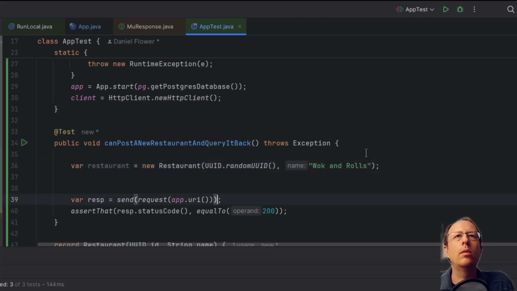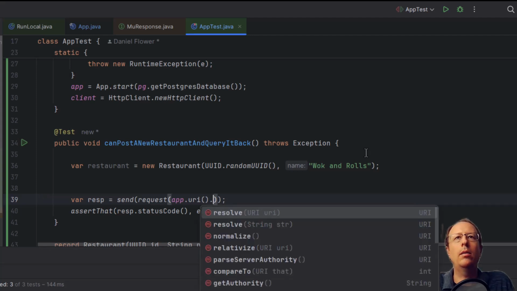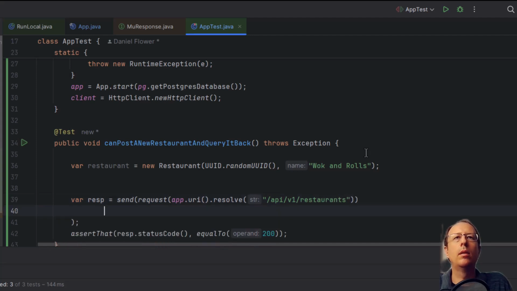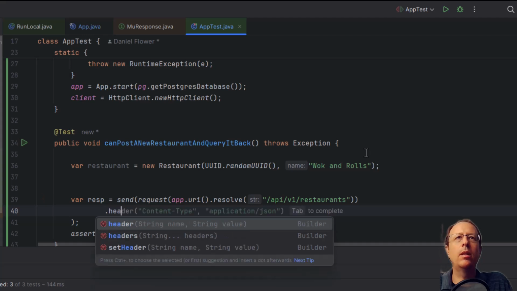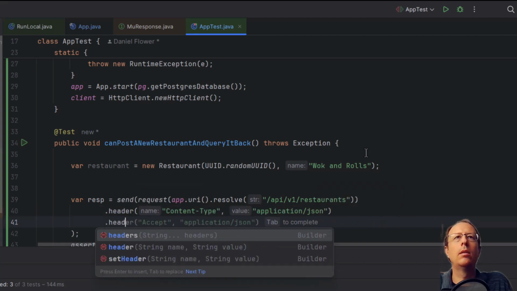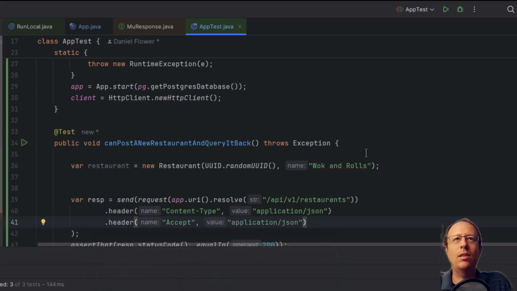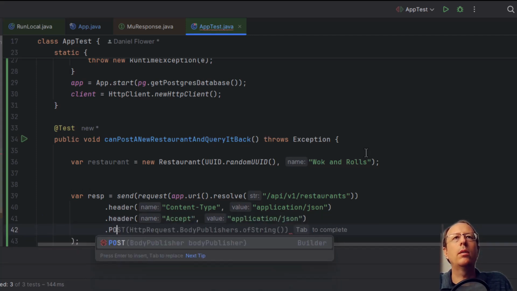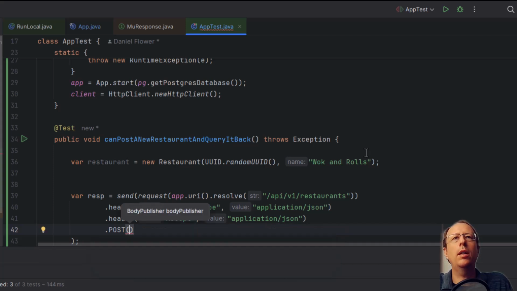I want to send a request to the application's URL with an endpoint API v1 restaurants. Okay, and here we have a request builder. So let's say the content type is going to be application JSON. Let's also accept application JSON. Thank you, IntelliJ. And we're going to post the restaurant as a body.